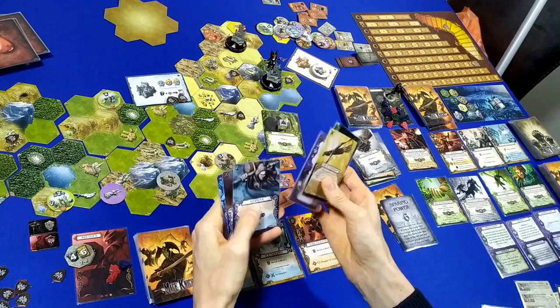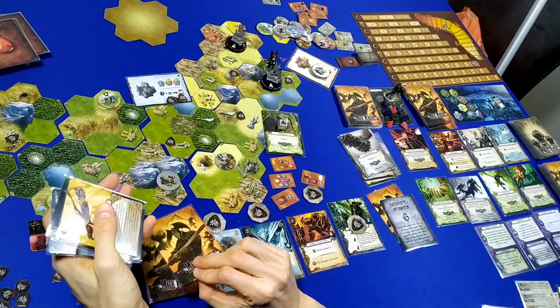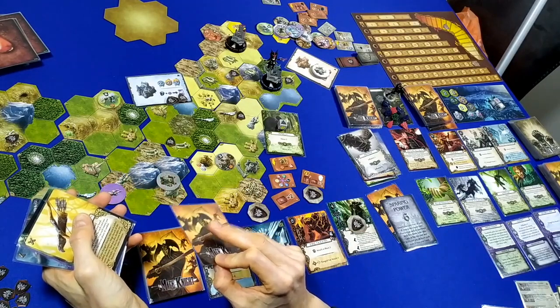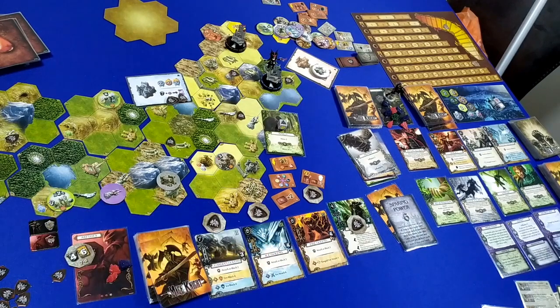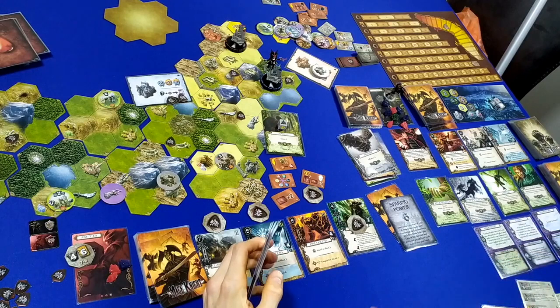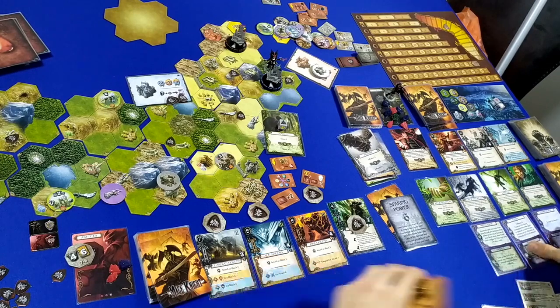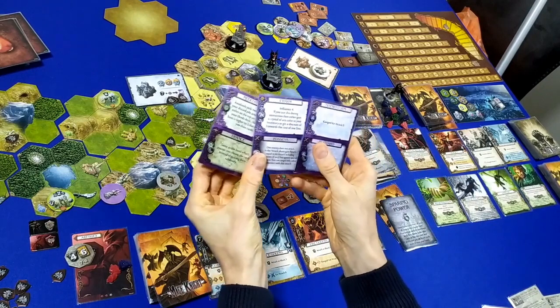So 1, 2, 3, 4, 5, 6, 7. We get 1 more, which is 8. If we go for the Mage Tower, though, yeah, if we go for the Mage Tower, we could potentially get one of the spells. So we have a choice between Meditation, Charm, and Snowstorm. If we go to the Mage Tower,